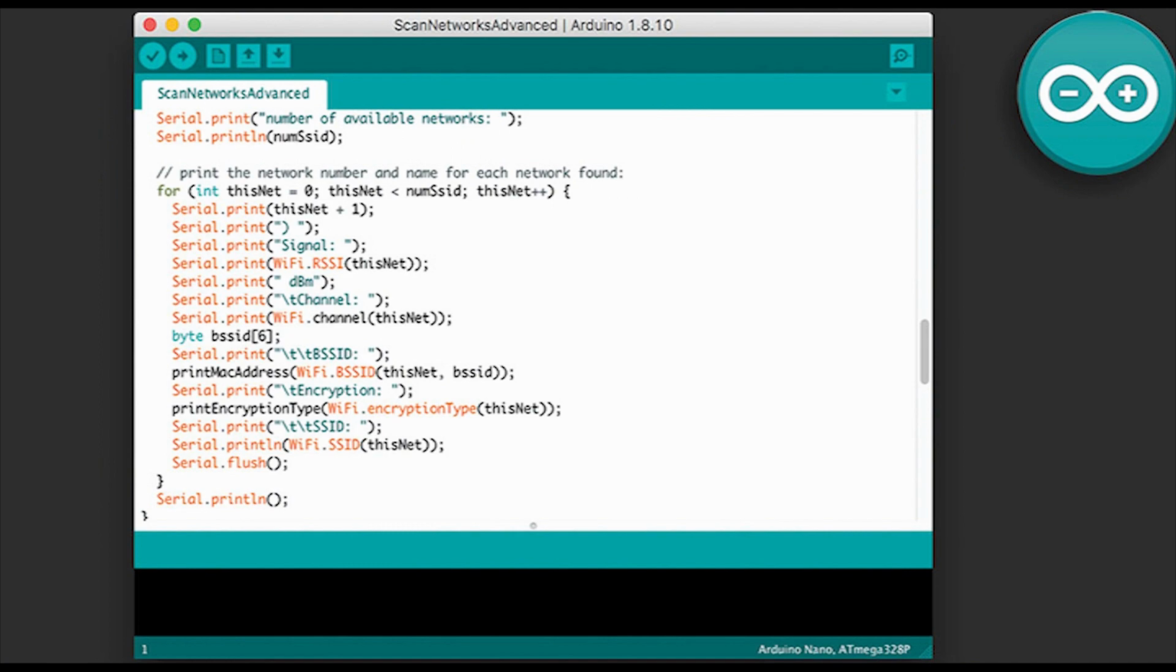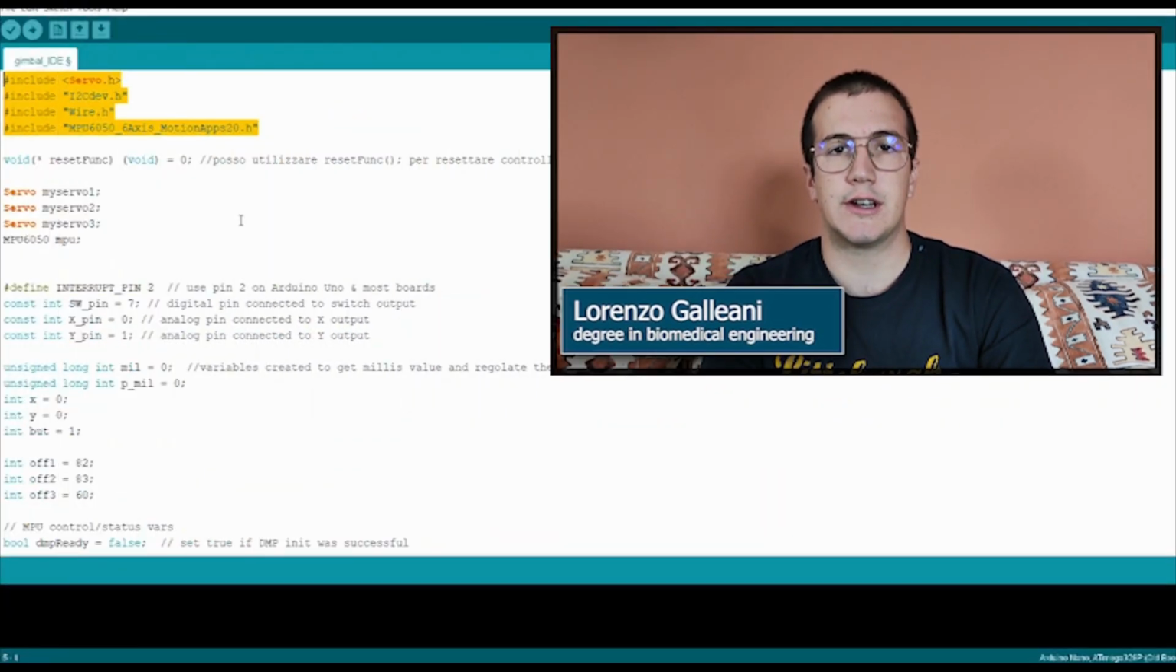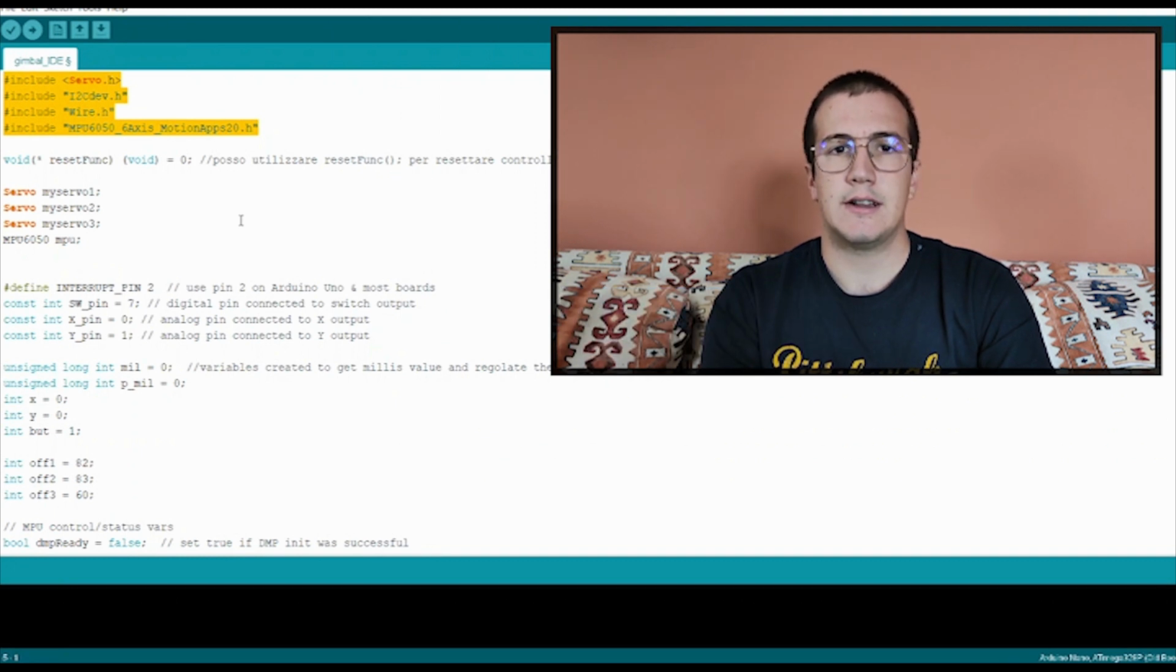This is the Arduino IDE, which is the platform where we write our code. We start by including all the libraries we need, so one for the servos, then the I2C and the Wire.h for the I2C communication between the board and our gyroscope, and finally the MPU6050, which is a specific library for our